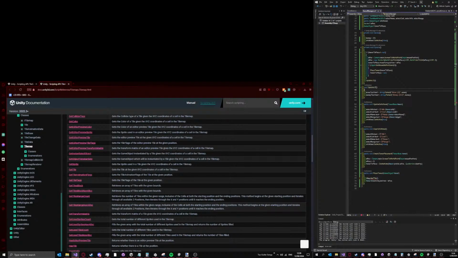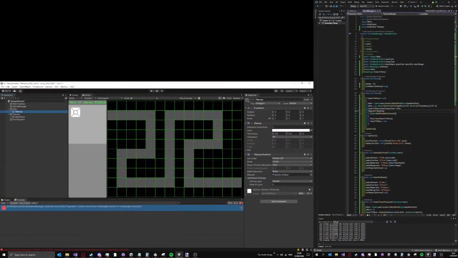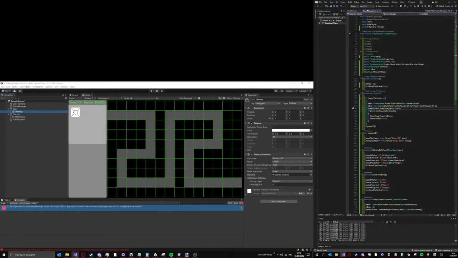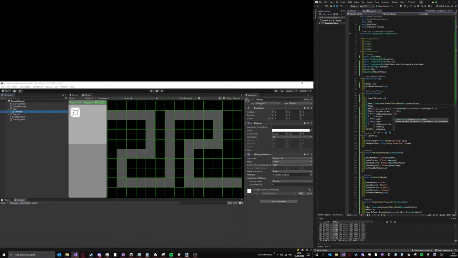Really? Okay, I'm not gonna do that over here. I just tmap dot get tile at mpos, because this has to be... Oh, it wouldn't be an integer though. This won't work the way I wanted to do it. I would have to change that and go get